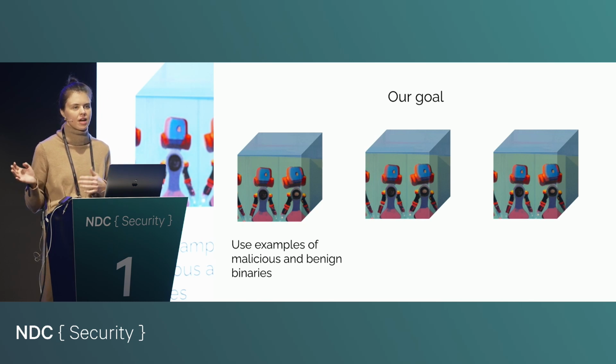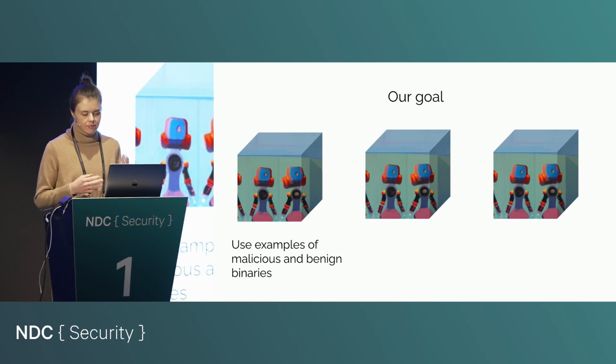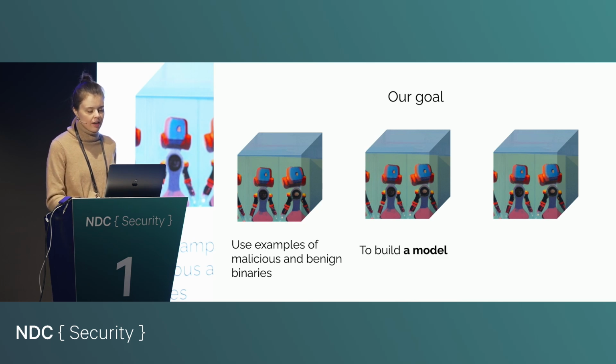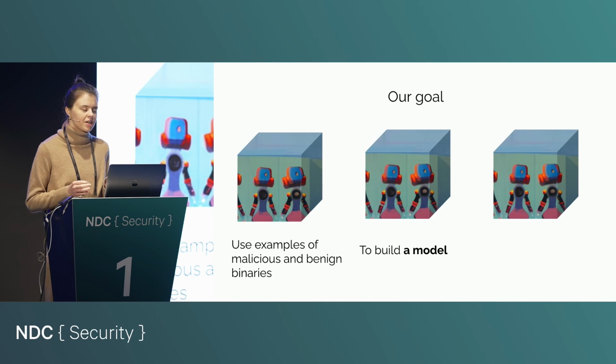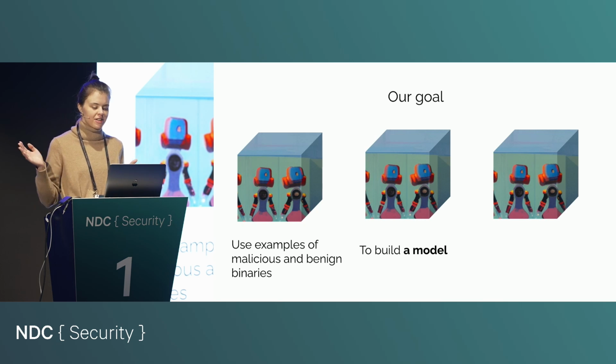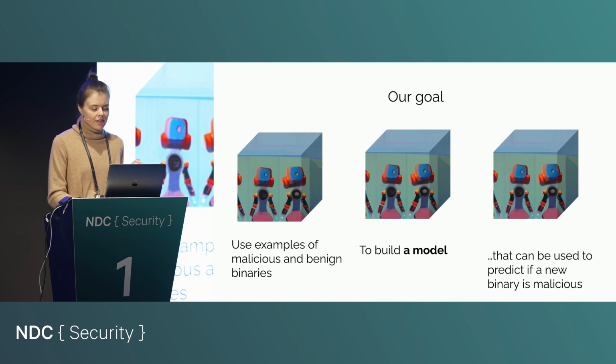So our goal can be broken down into 3 steps. First, we collect our data set. Okay, we have that. Then we build a model, and we're going to take a look in a moment at what exactly we mean by a model, because I know that's kind of an abstract concept, and people are throwing around all these terms like this is a 100 million trillion parameter model, and this is a 2 billion parameter model, and it's kind of hard to really grasp what's going on. And then finally, we're going to use that model to predict whether a new binary that has just come up on our radar as an alert is malicious or not.